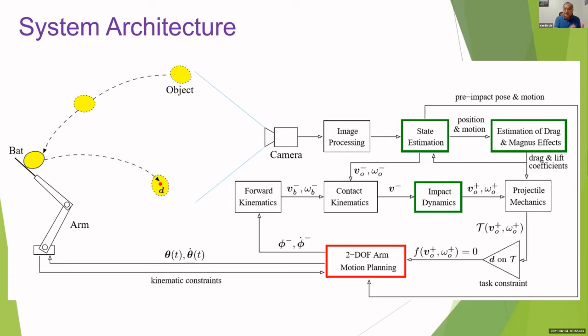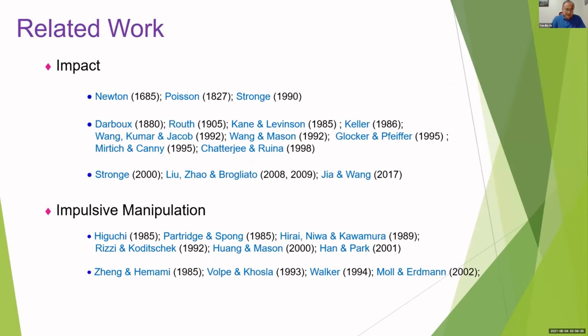That task constraint is taken back by the robot, where we have a 7-degree robotic arm, to do the motion planning. So the robot is constantly calculating and recalculating the pose and joint velocities at the moment of batting, based on the feedback, which is the estimated state of the object during the flight. Because the flight is slightly over half a second, you have only about 70 to 90 frames to deal with. So there's a lot of work on impact and restitution, from Newton's kinematic restitution to Poisson's kinetic restitution,